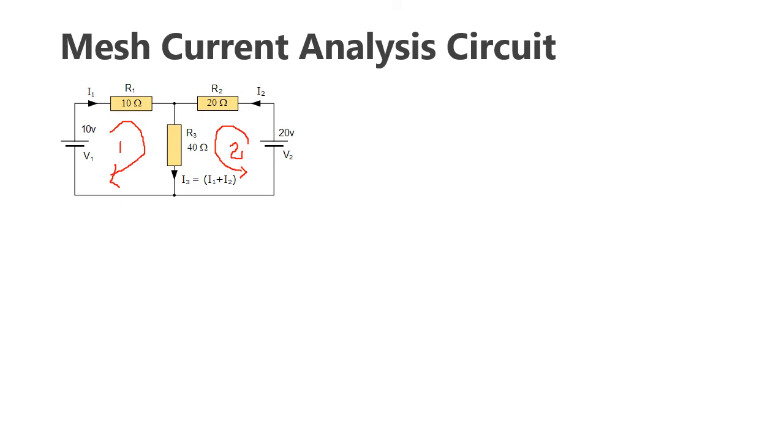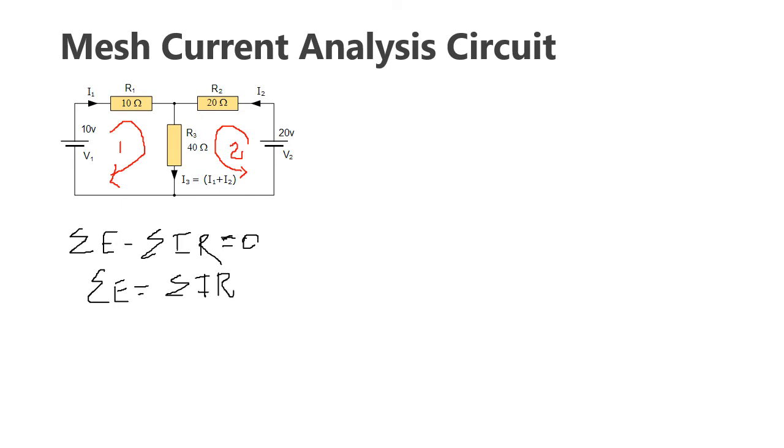Now I am going to apply the loop equation. The loop equation is sigma E is equal to sigma IR, or another way we can say that sigma E minus sigma IR will be equal to 0. This is the loop equation. We can modify this equation further, so sigma E will be equal to sigma I into R.